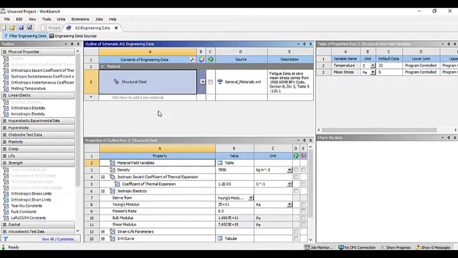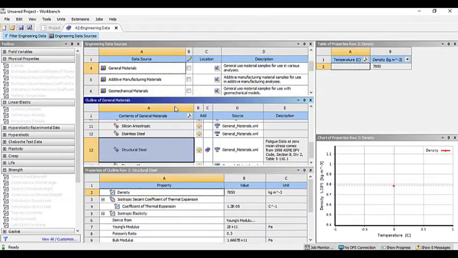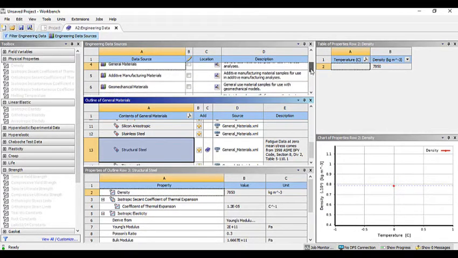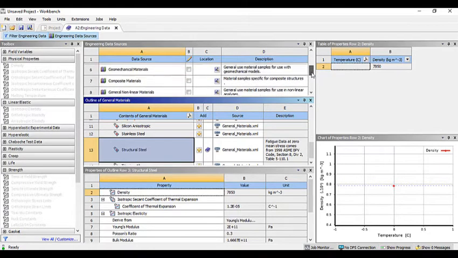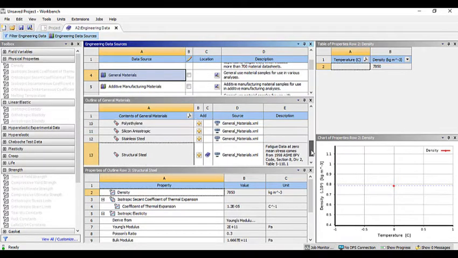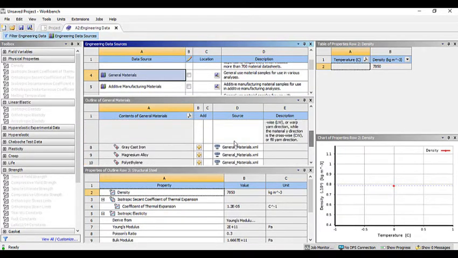If we want to change the material, then select the engineering data sources. There we can see a number of materials, that is general materials, composite materials. By clicking on the general materials, in the outline we can see the number of materials, and by clicking on the plus sign we can add the material to our library.